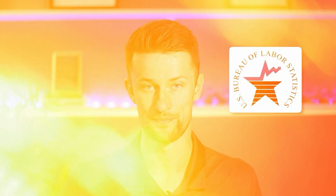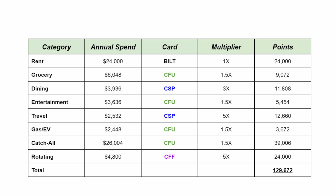Let's look at the real math and point earnings though. We have some valuable data from the Bureau of Labor Statistics that we can use to divide what a typical person spends in an entire year into credit card categories. When you plug the Chase Trifecta into those numbers, this setup is going to earn